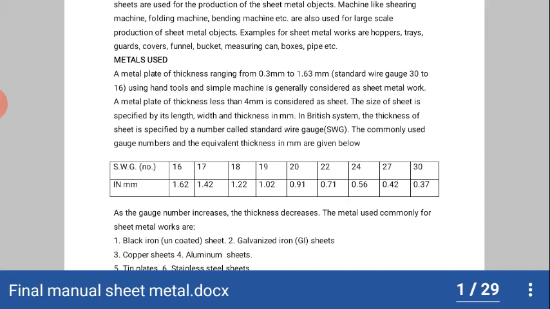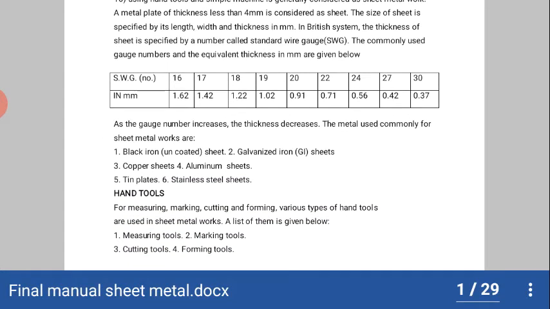and 17 gauge is equal to 1.42 millimeter. Similarly, 13 gauge means 0.37 millimeter. So that is the specification of sheet.